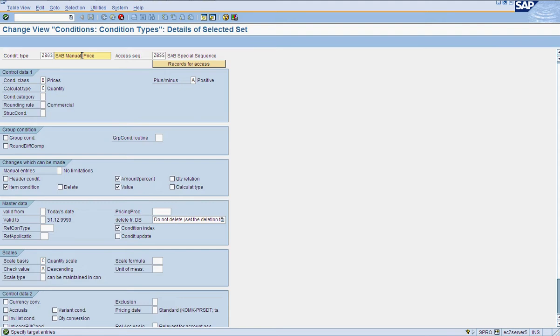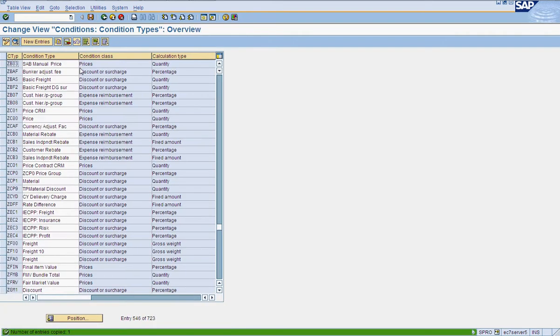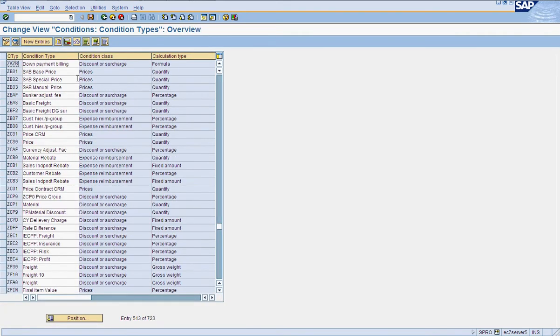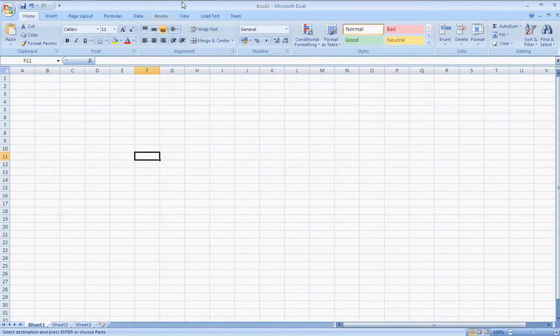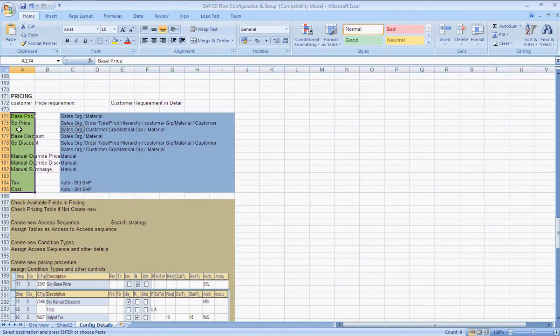For a manual price, you do not need an access sequence because you are entering manually, so you do not require it. This is an item condition, no manual thing, no limitations on manual entry changes. Just enter. So now we have created 3 condition types as mentioned here: special base price, special price, manual override price.